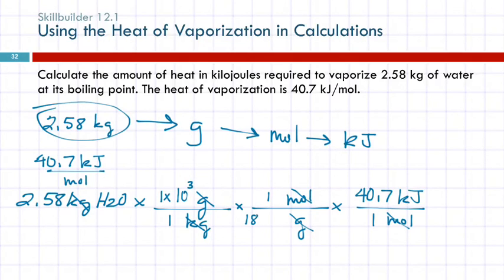So if you calculate that, you'll find that it's 18.016. So we take 2.58 times 10 to the 3rd divided by 18.016 times 40.7 equals